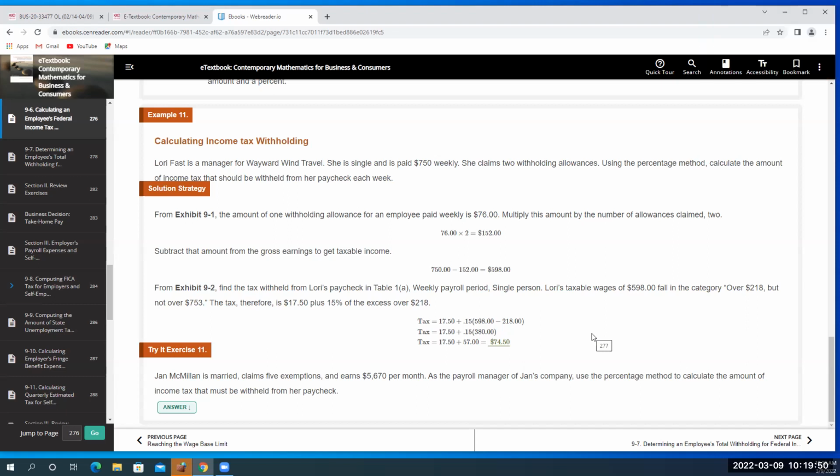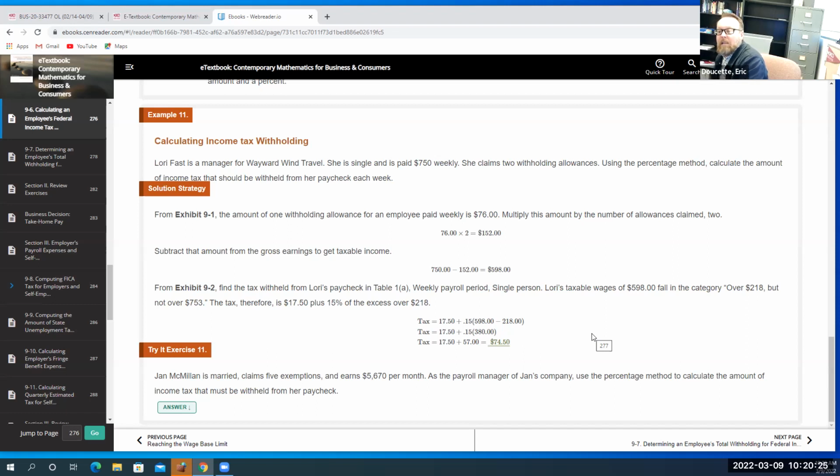So she's going to be taxed for just 74? That's just her federal income tax. Now we're not talking about the other taxes that might be in your paycheck, like Social Security or Medicare, or any of those other things. This is just federal income tax. Now, some of your problems add those additional ones as well, and they'll say, okay, you get a Medicare tax of 2.5%. Well, then you have to take that off of the total amount, not the taxable amount, the total amount. And I'll show you that. I think there's a problem here that has that in it.